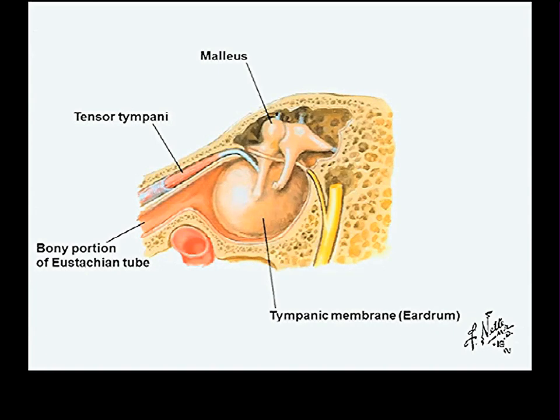It dampens vibrations. For many years, it was thought that this is part of something called the acoustic reflex, a reflex that when very loud noises encroach on you, something has to dampen the amplitude of the sound so it doesn't damage your cochlea. And there is a muscle that does that, which we'll learn about on Monday. For many years it was thought that this did that too, but in humans it's pretty clear that it doesn't. It does not contract when very loud noises approach your ears.